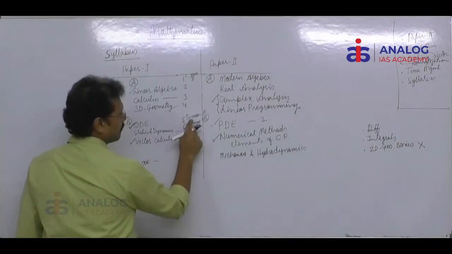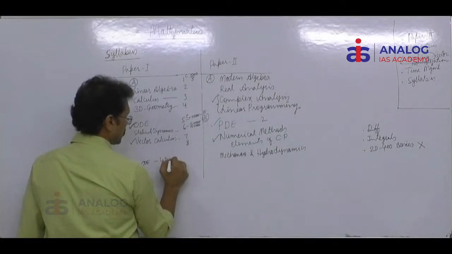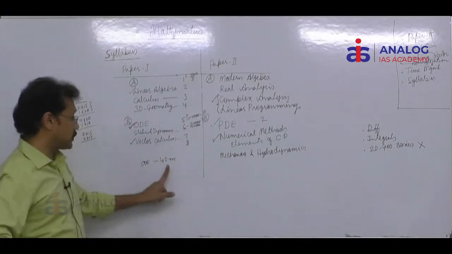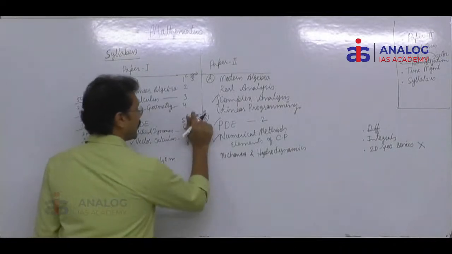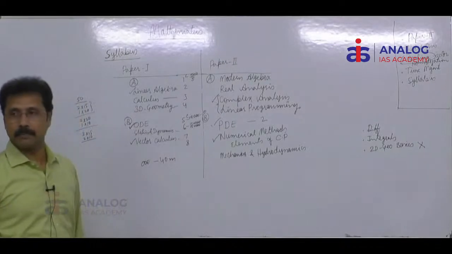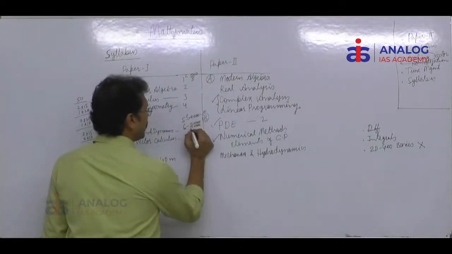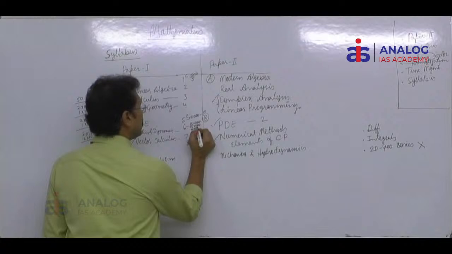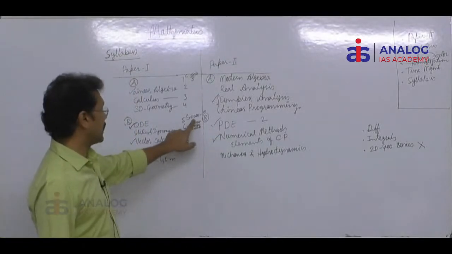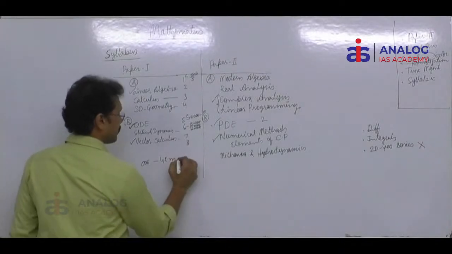30 plus 10, 40 marks. And there is always a possibility, this is a minimum thing. Maximum thing, here you can get 2 ordinary differential equations in compulsory. Another 20 would be from ODE, if you are lucky enough. So 20 plus 10, 30 plus 10, therefore this is up to